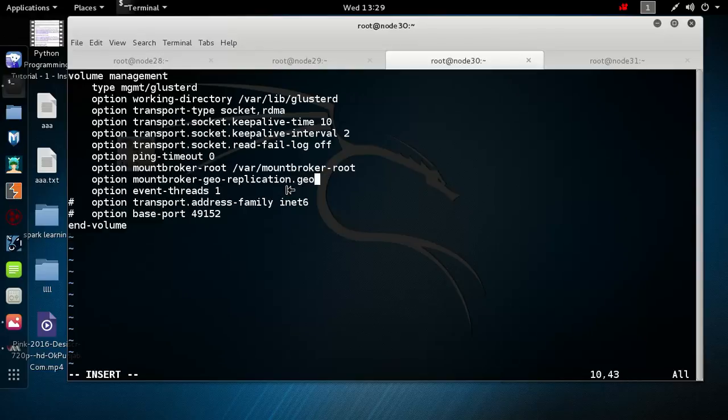So our username is geo user, username for geo account. So I have made an account in the name of geo user in the initial stage, and the volume of slave, so my volume name is slave vol,